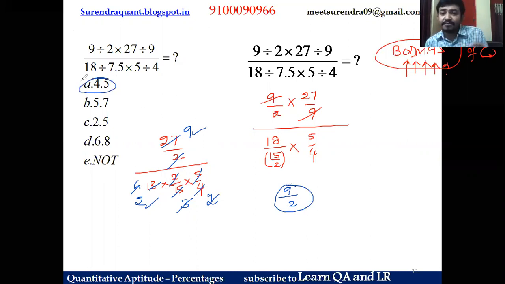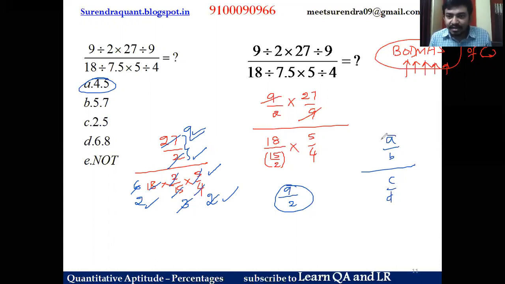So please be careful with the division part. Somebody may cancel this and this. Please be careful. This vice versa situation has to be numerator. This numerator can be cancelled, and this denominator and the denominator can be cancelled. I mean, A by B by C by D is there. If such a situation is there, you can cancel the A term with the C term, and also you can cancel the B term with the D term.